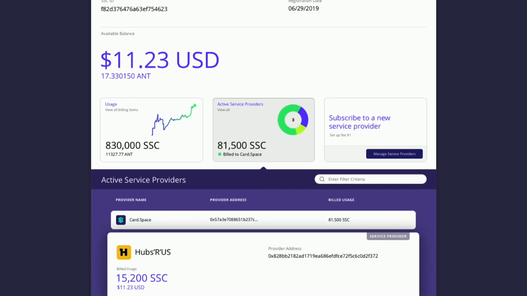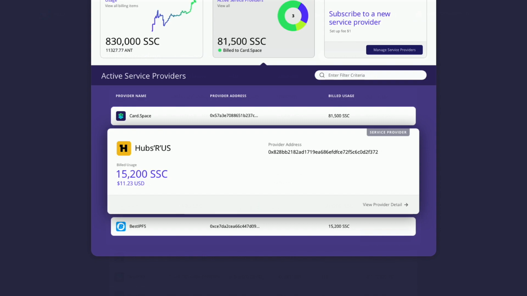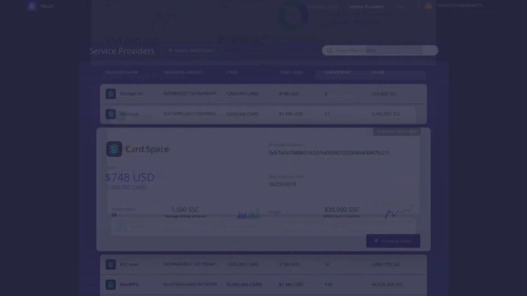You can use this as a way to subscribe to your provider. If you take a look at what the providers are doing for you, you see that you're using Cardspace, which is hosting a website for you, so you can have an on-ramp, and then Hubs R Us, a service providing Cardstack Hub service and all the things that can be included in the plugins. You have actually been billed $11.23 thus far. Then you can go ahead and see the provider detail, and you can say, I don't want a subscription to you. I want to revoke your ability to bill against my account because you're overbilling me, and that's the way it's going to happen. So that's how the consumer, the user, the customers, can manage the relationship of who can bill against them. There are currently 3 active service providers.